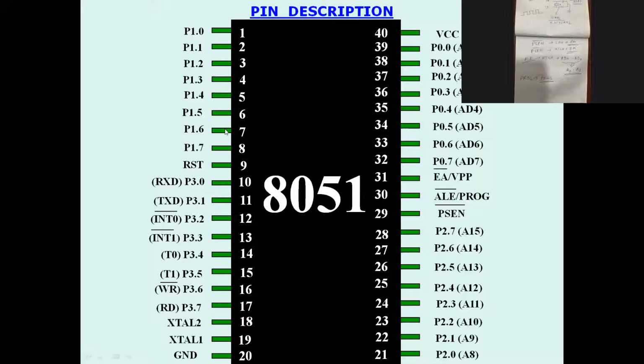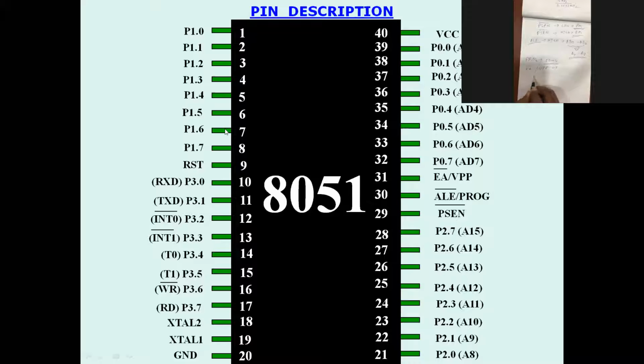Next, EA bar oblique VPP. VPP is voltage peak to peak. So what is EA bar? Full form is external access. External access means, say you have